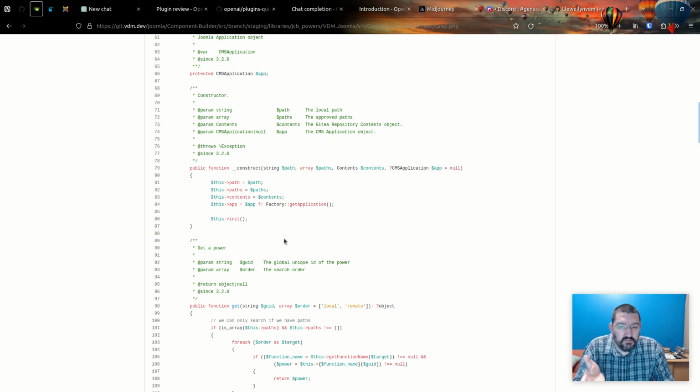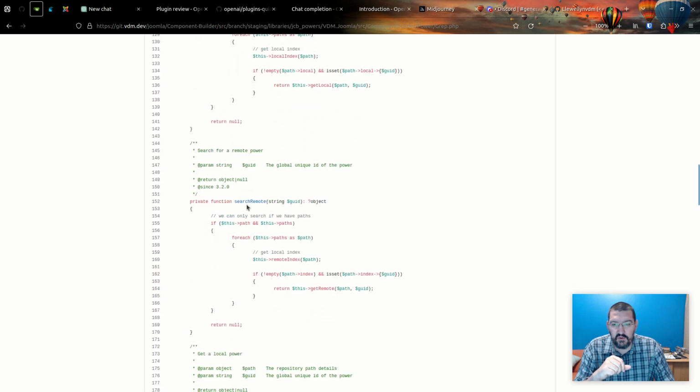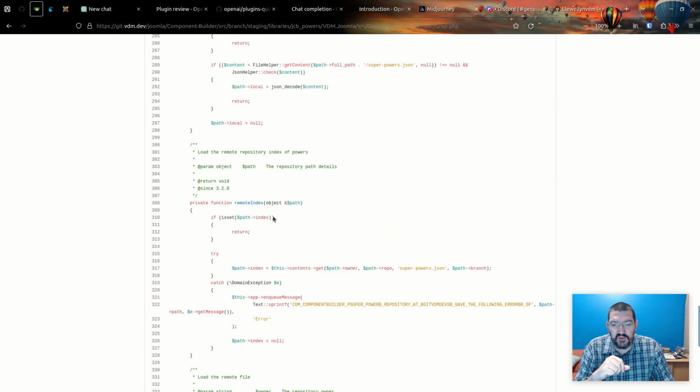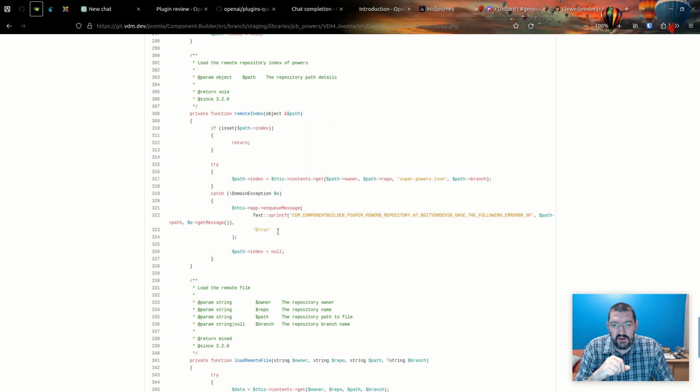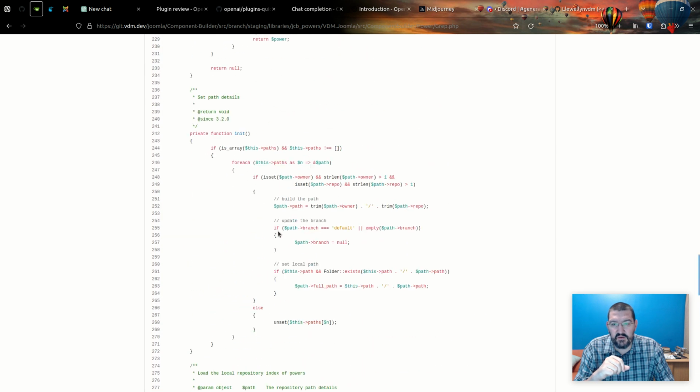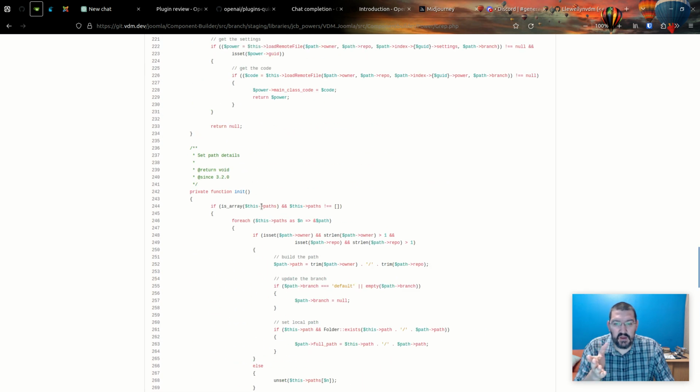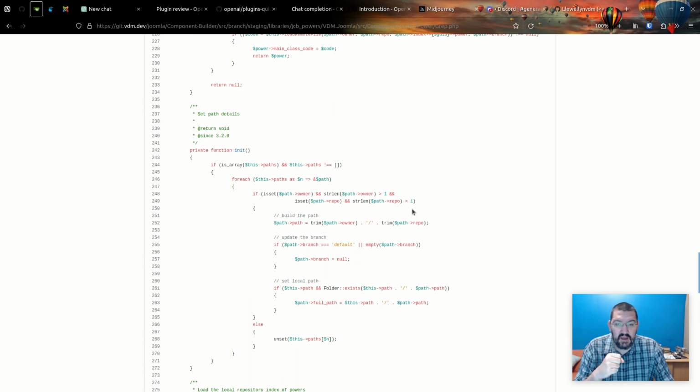So we don't really care about where it gets them. It should pass them in, otherwise it obviously won't work. And so this init function actually does a few things for us ahead of time. First of all, it validates that we have our values. Secondly, it then tries to actually find the